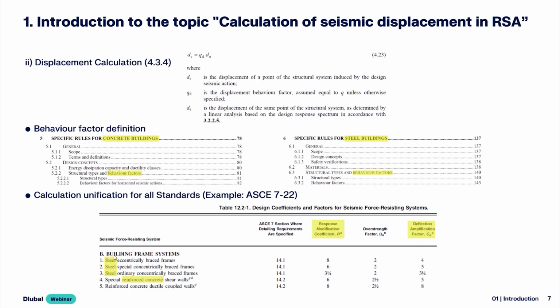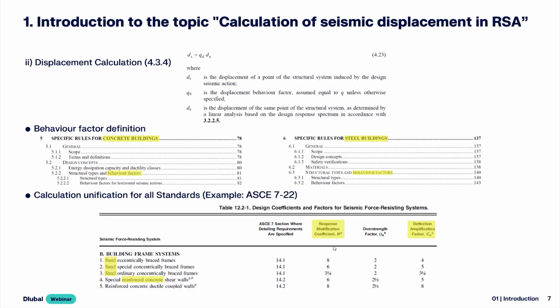So chapter B in this example, of course, we have A, B, C, D, but the first filter, or the first classification, better, is the structural type, and inside the structural type we have the definitions for the material. So quite another approach, but in the end it provides the same information. But the big difference